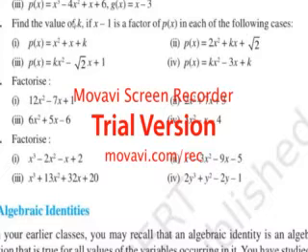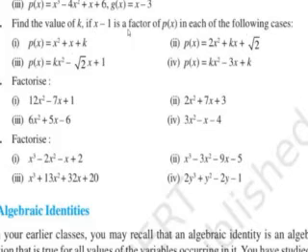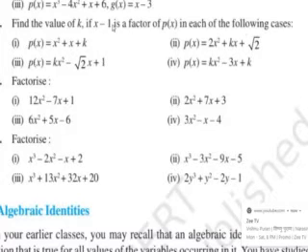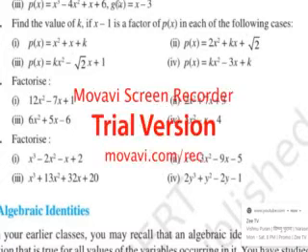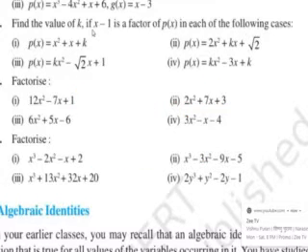It has been said, find the value of k if x minus 1 is a factor of p(x). Already I had said, when x minus 1 is a factor of p(x), that means the zero of x minus 1 will be 1. So if we assume it as g(x), then the zero of g(x) will be 1 in every question, because the same g(x), the same divisor, is in all questions. And in all cases we will be finding the value of k, but of course p(1) will be 0, because x minus 1 is a factor. It will be a factor when p(1) is equal to 0.